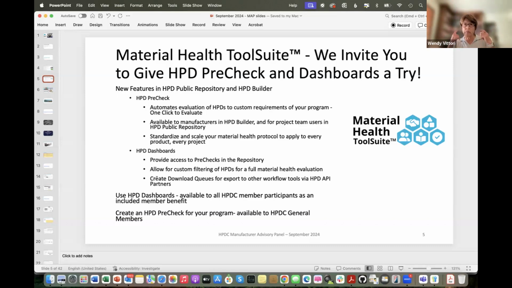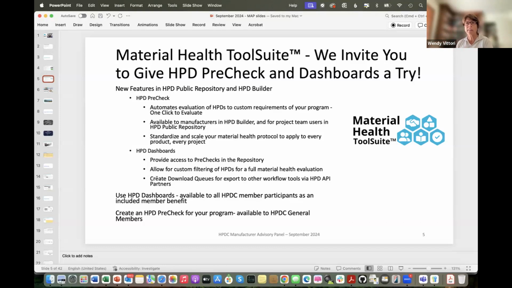Why is this important from a manufacturer standpoint? What this enables is project teams to start their product selection with products that meet their material health requirements. So understanding how your products stack up against those, using the pre-check and alignment and the filters, is going to be increasingly important as project teams put more emphasis on that at the outset, we hope, of their product selection process.